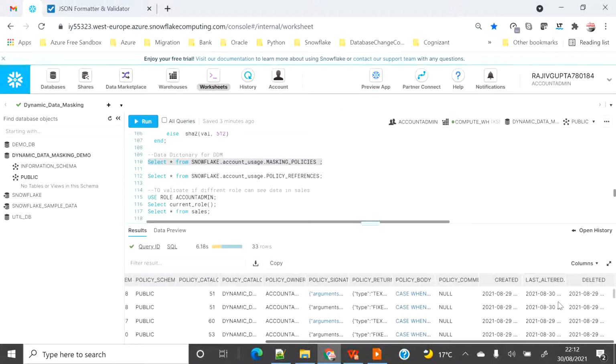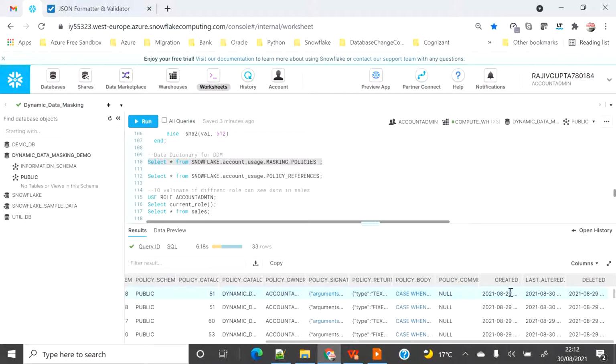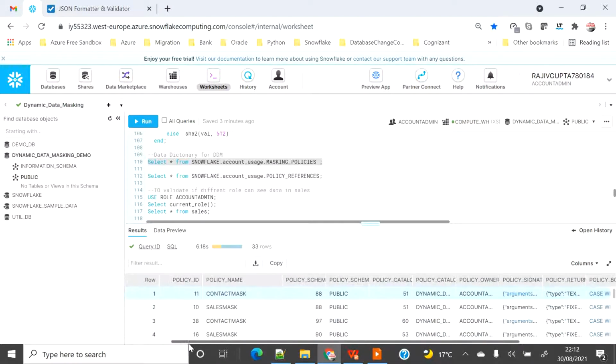Or we can see, okay, we can see last altered data but not created. So there is no data of today's date. You can see all are of yesterday. So generally it takes 45 minutes to 3 hours to get reflected on the account usage schema.